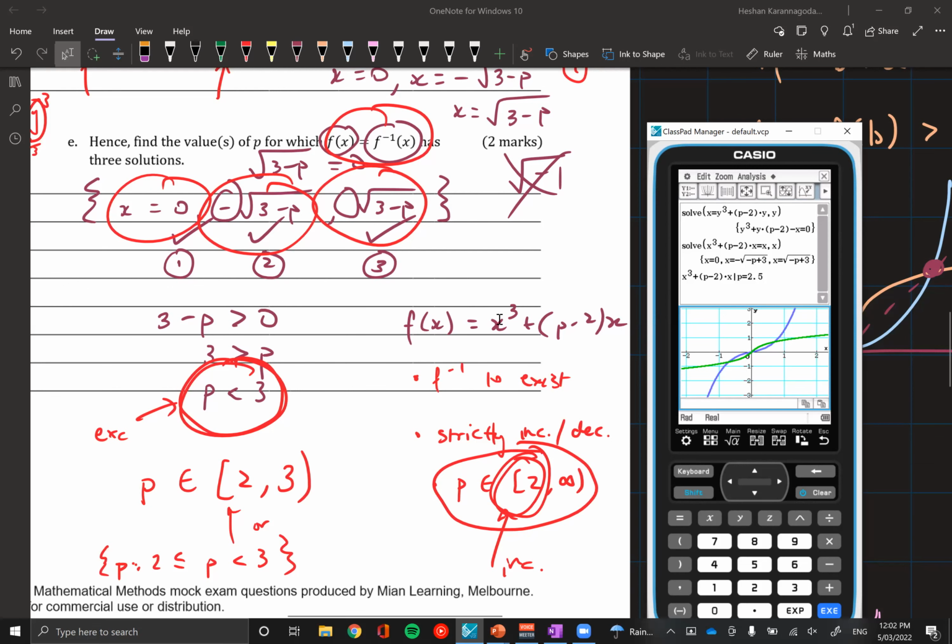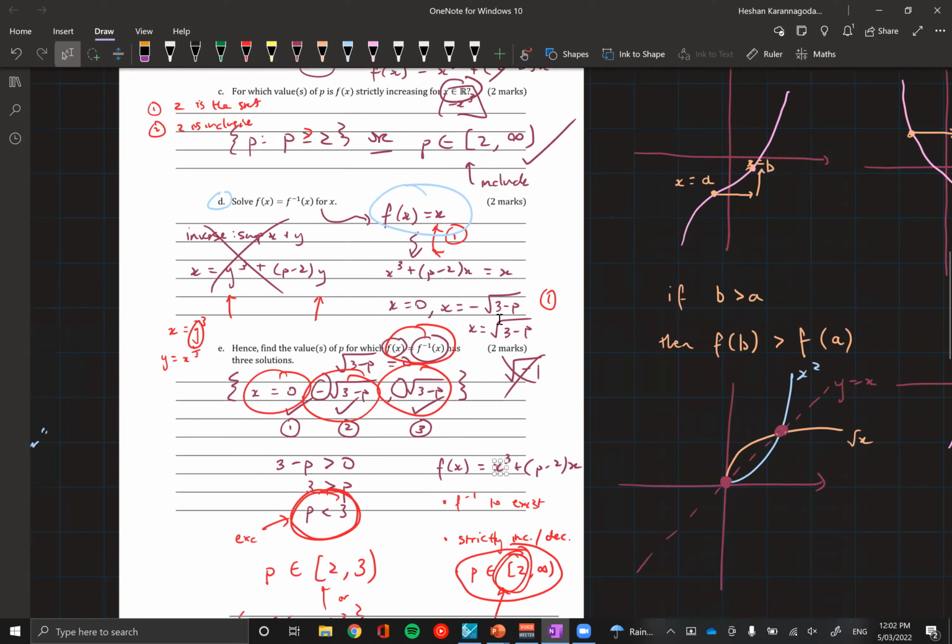I guess the main thing to take away from this question is the concepts, but in terms of exam structure, exam questions usually don't ask things for no reason. So in this case, part A was asked for a certain reason. We asked for strictly increasing, and in the back of your mind, you have to think about why they asked for it to be strictly increasing. Is there a point? Obviously there is, because strictly increasing functions are 1-to-1, which means that inverse functions do actually exist. Question, wouldn't 3 minus p be greater than or equal to 0?